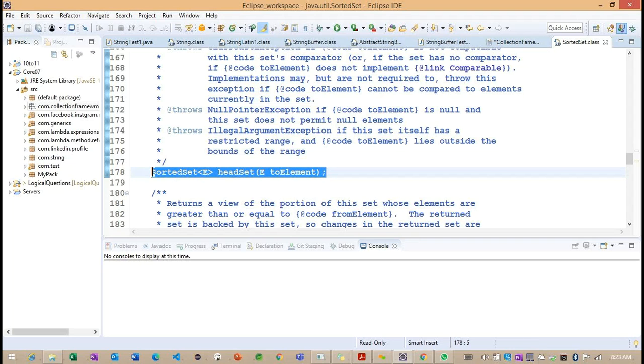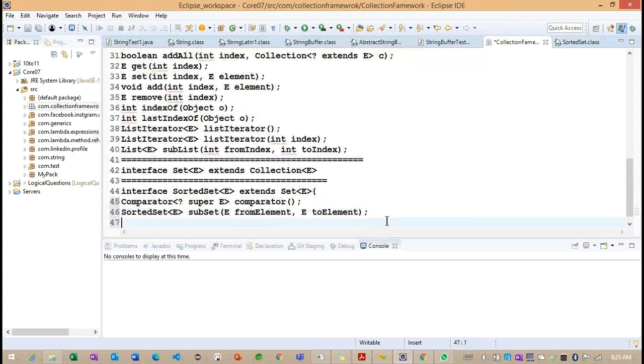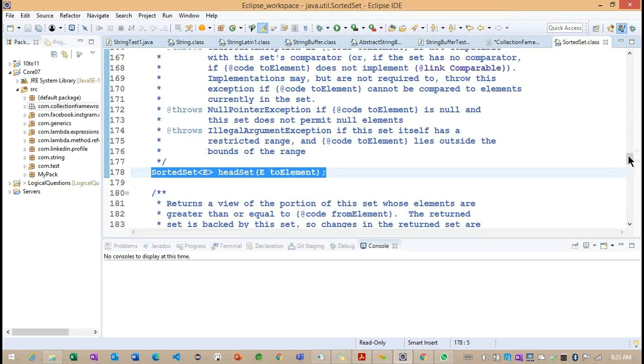This is very important. So we identified the subset method as the second, and the third method is the headSet method. Only the condition we need to understand here is the less than condition.